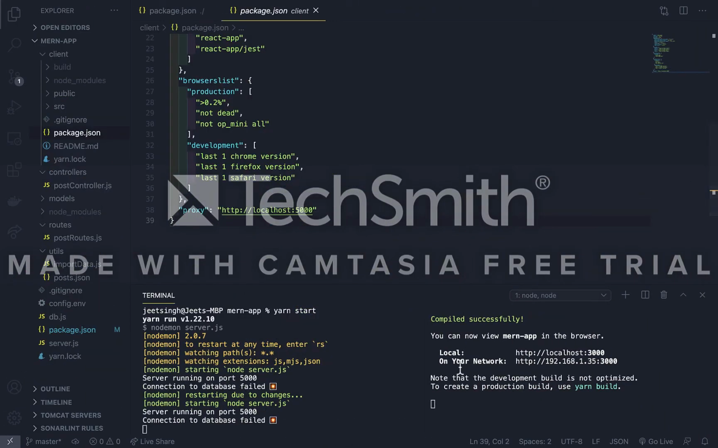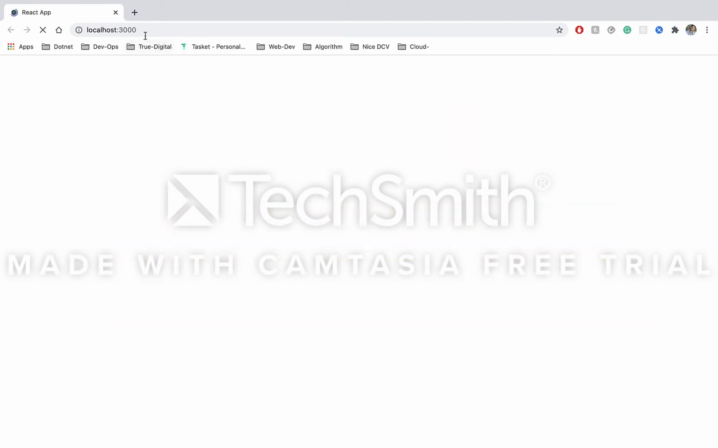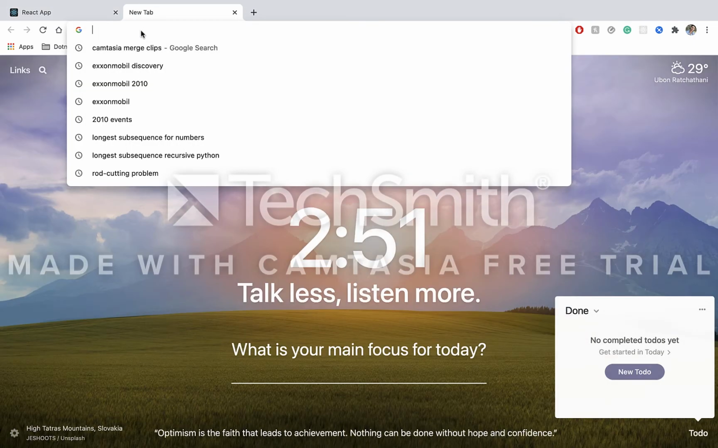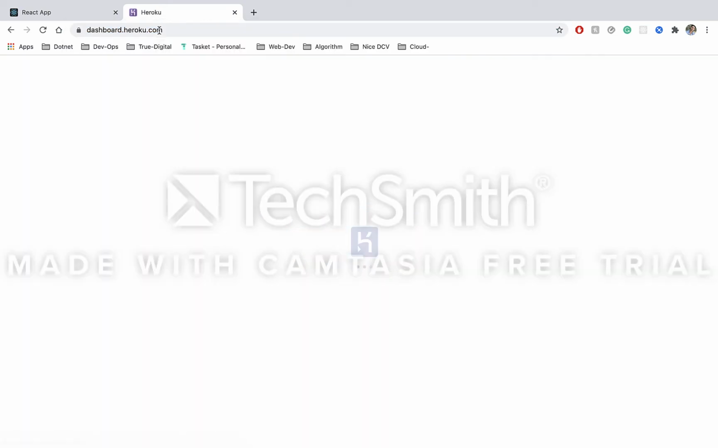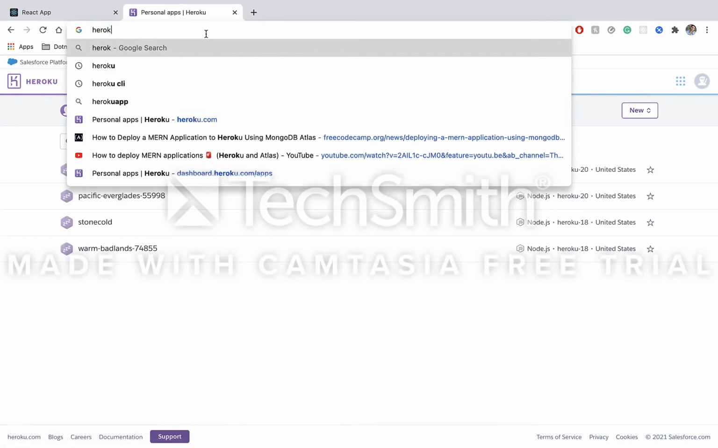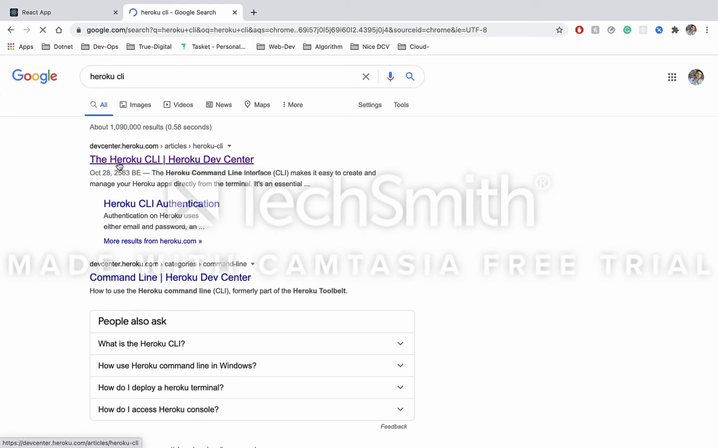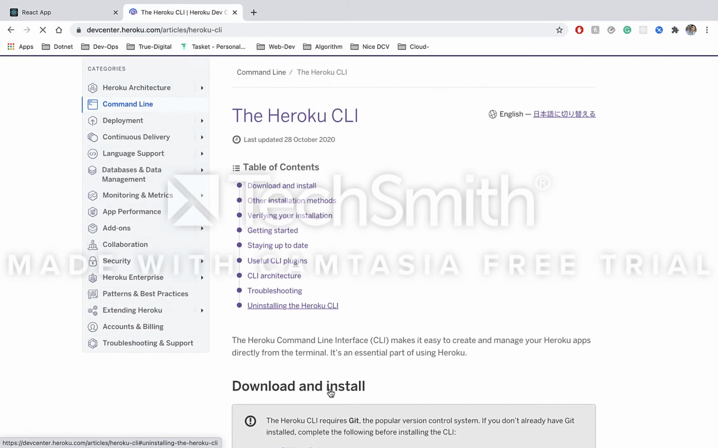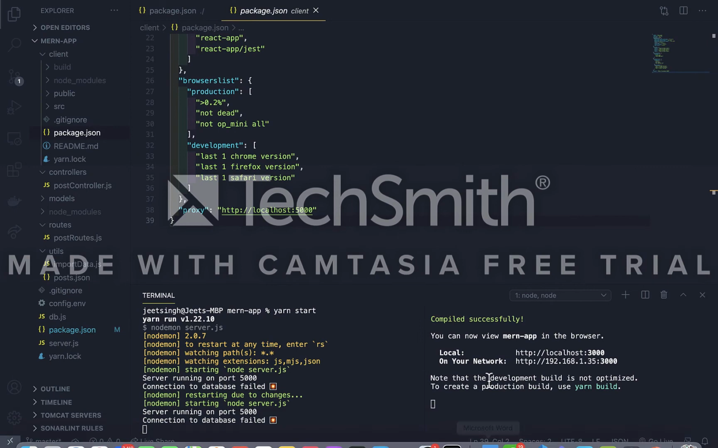Since we are here, first we need to install Heroku. So what you need to do here is go to heroku.com and actually go to Heroku CLI. So this is the one you need. First you'll need to install this. On Mac, I can just do this. So I'll copy this and paste it into the terminal,